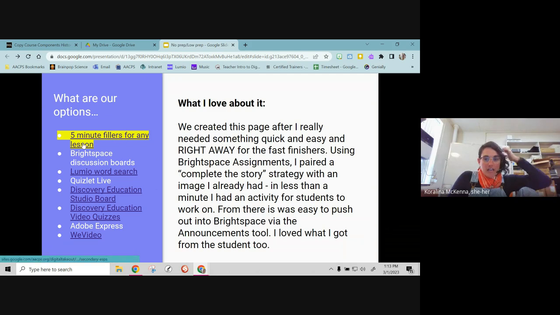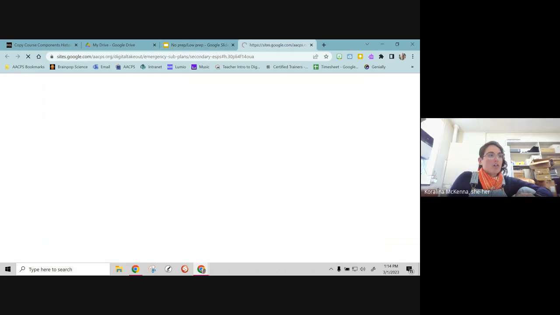This is a page that we developed after I really needed something very quick and easy for some of my fast finishers one day while I was teaching. And I realized that I could use just a very simple Brightspace assignment, some text and a picture, and I could have myself an assignment within a couple minutes. So these 5-minute fillers are